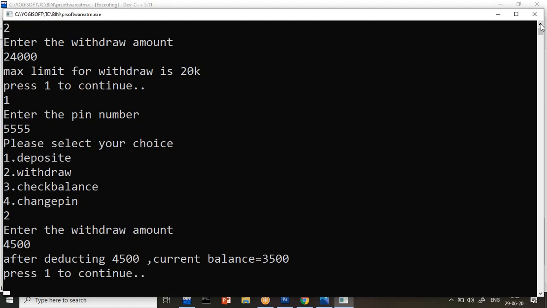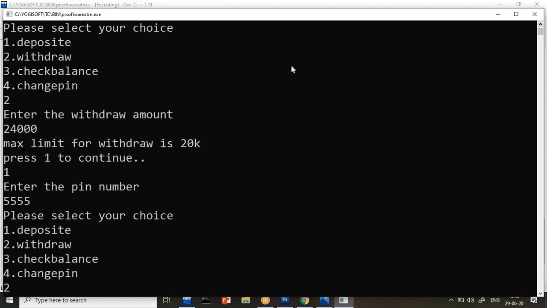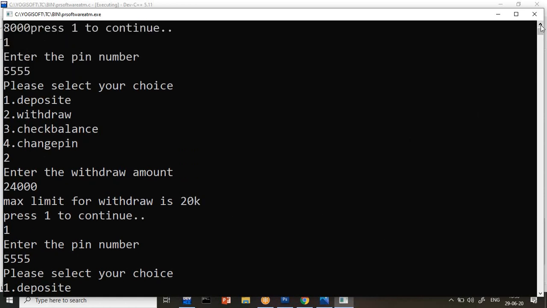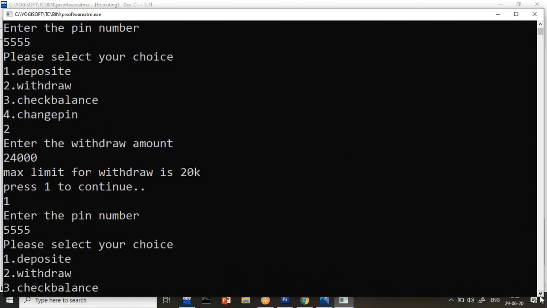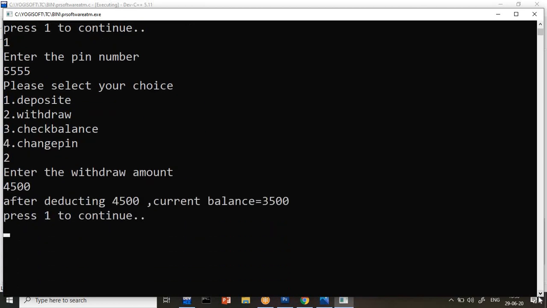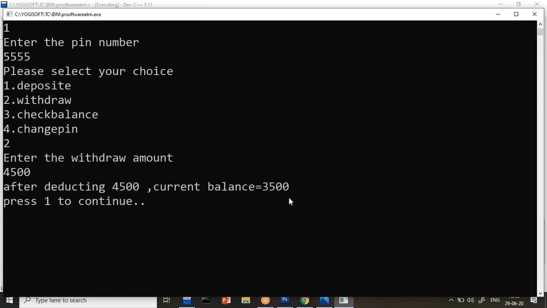Okay, you can check here. Here we deposited how much? 4,000 is deposited. So that's why, sorry, one, let me check. Here 3,000 is deposited. So 8,000 is there. So in that 8,000, what we did, we deducted here 4,500. So 3,500 balance is coming.